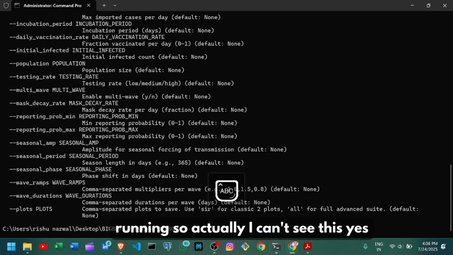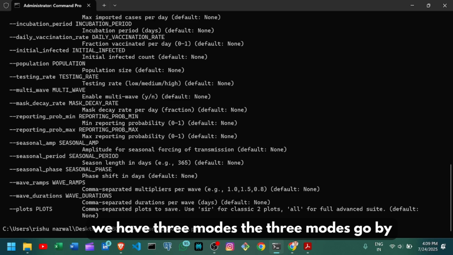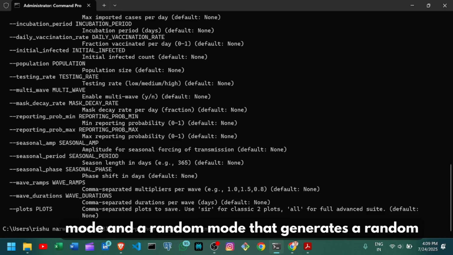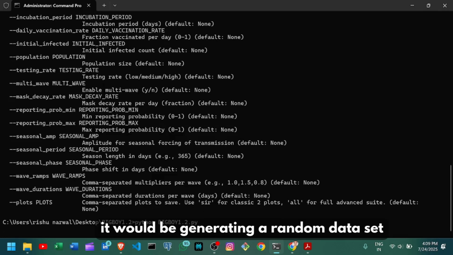So we have three modes. The three modes are batch, interact mode, and a random mode that generates a random dataset. So first we would be doing the random mode. When I click enter, it would be generating a random dataset,